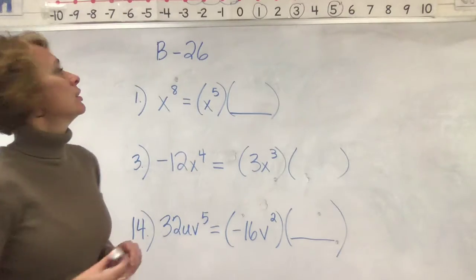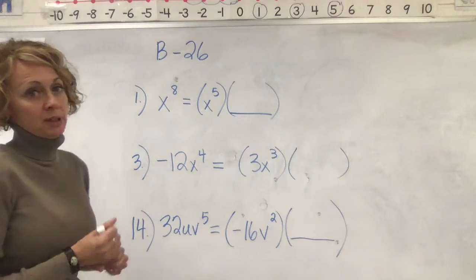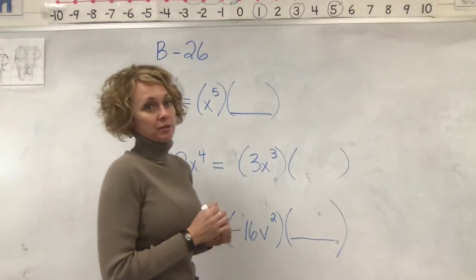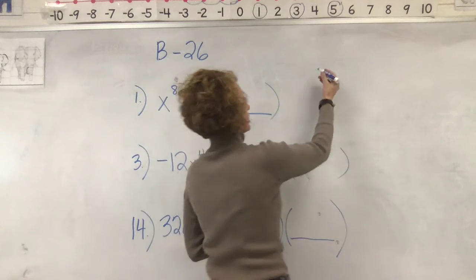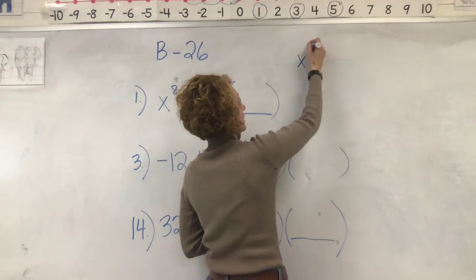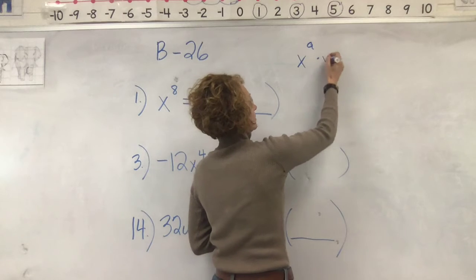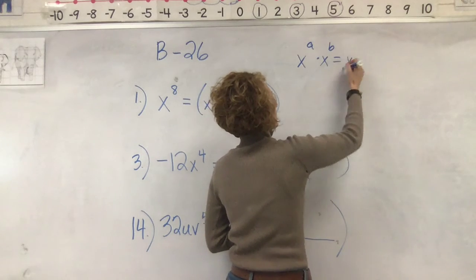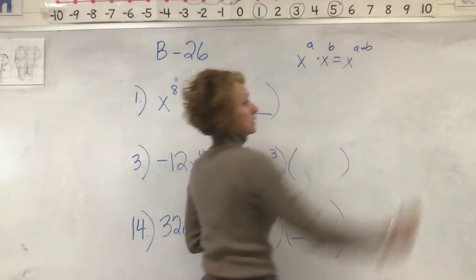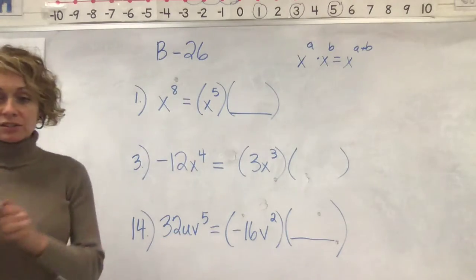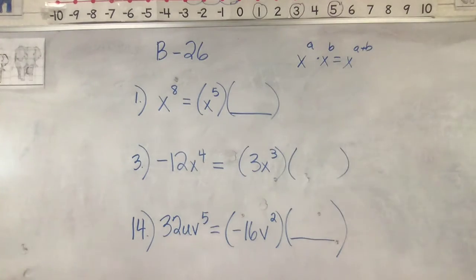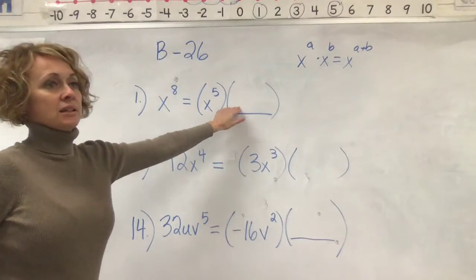So we know the rule of multiplying terms with exponents is that you add their powers, and this was the rule that you're already familiar with. X to the A times X to the B really is X to the A plus B. You add those powers. So in this assignment, you're asked to go backwards and really tell us what the missing